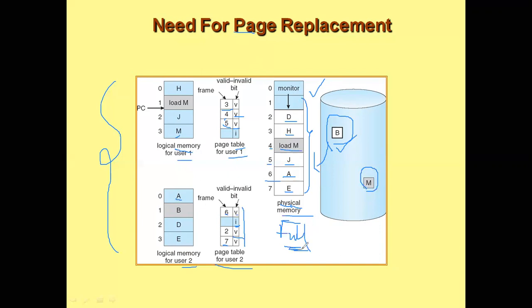Whenever the main memory is full, we will have to decide which page has to be replaced in order to bring in the required page. So there is a need for page replacement here because the number of frames in the main memory is limited. We have to go for a page replacement technique when the physical memory frames are fully occupied.